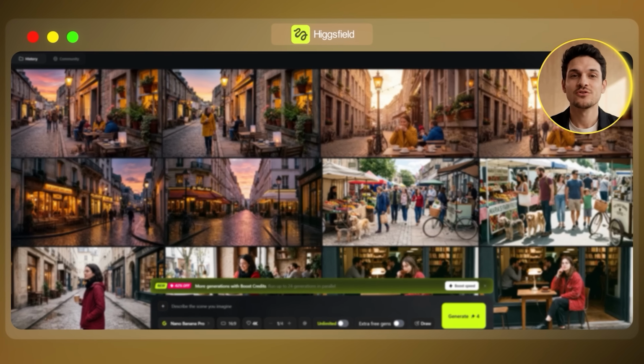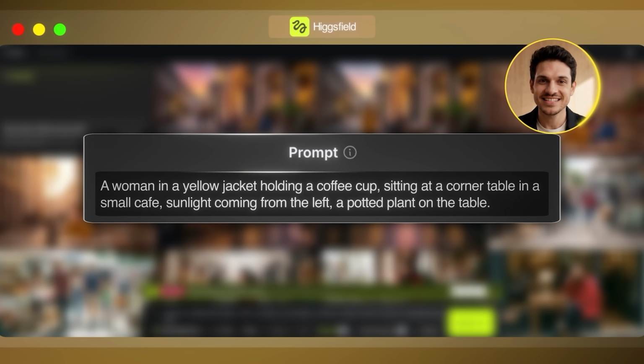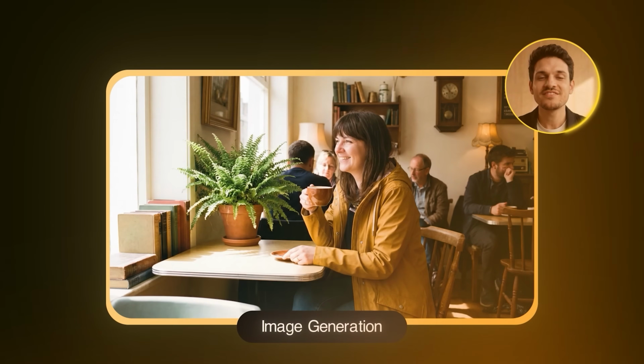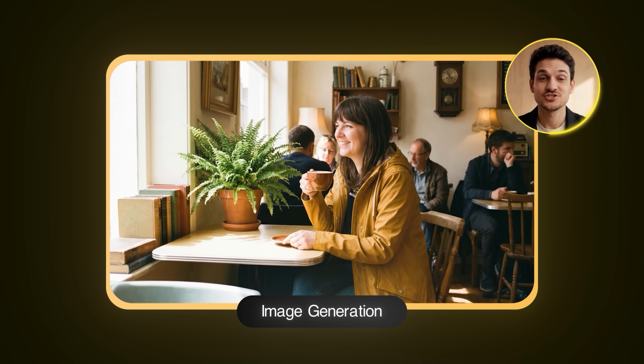Now we will go through a real example, and I'm creating this scene. When I use Nano Banana Pro, everything looks exactly the way I described it. The jacket is yellow, the cup is in her hand, the sunlight hits from the left, and the plant is in the right spot. So if you need the characters and objects to match your prompt perfectly, Nano Banana Pro